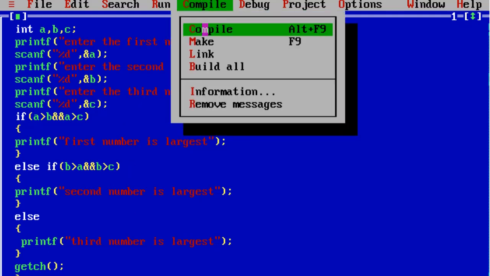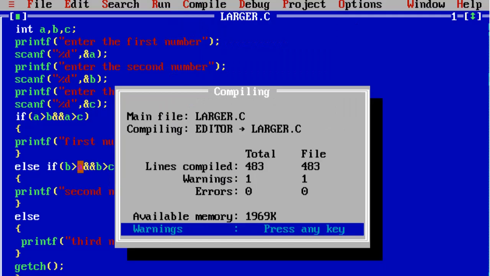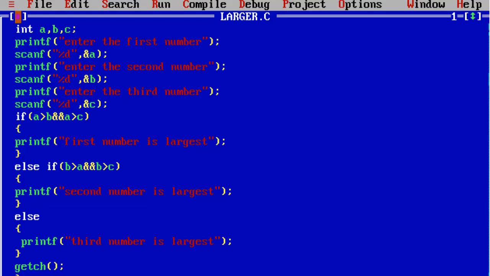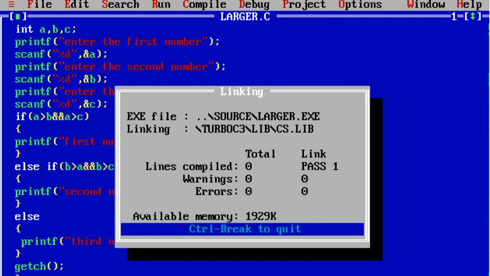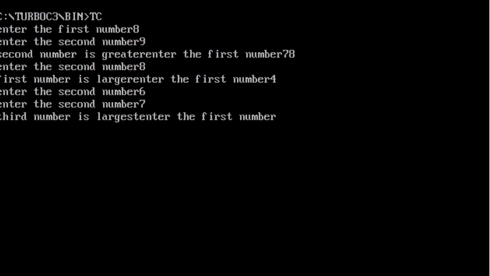Let me check it. Compile, run it. This mashup is here because we have not used clear screen, CLRSCR. So we will use this again, with 8, 9 and 87.